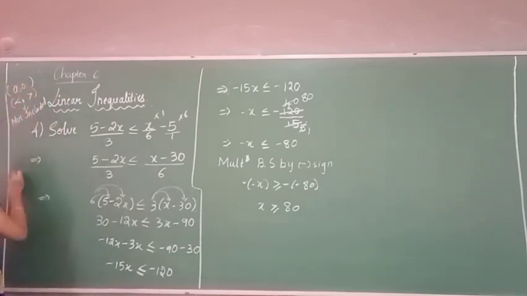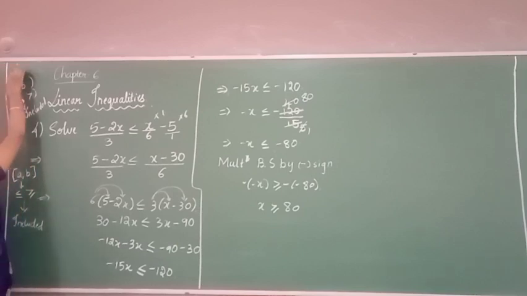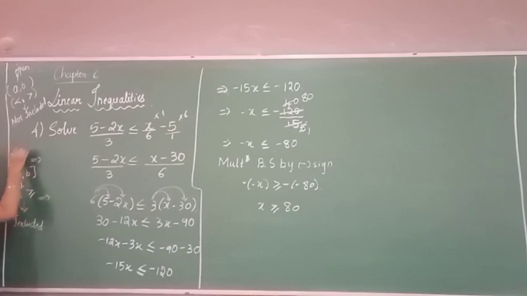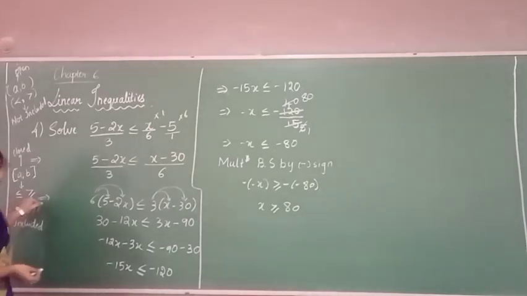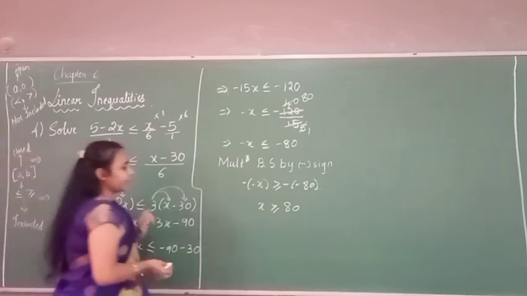Okay. When it is a closed bracket, we say that the inequalities will be less than or equal to or greater than or equal to. So in these conditions, the values of a and b will be included. So this is called an open interval and this is called a closed interval. Okay, this is very important. Now we have here greater than or equal to. So when it is greater than or equal to, we will be having a closed interval.